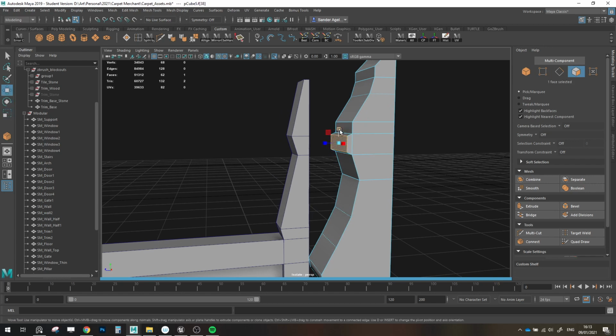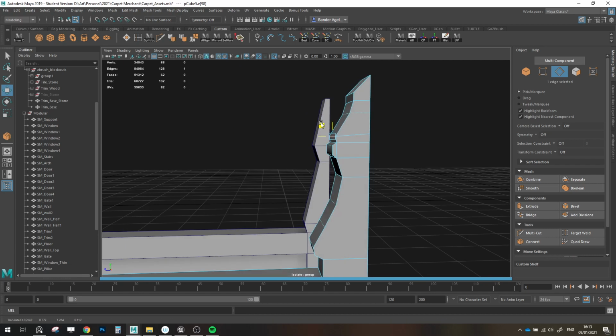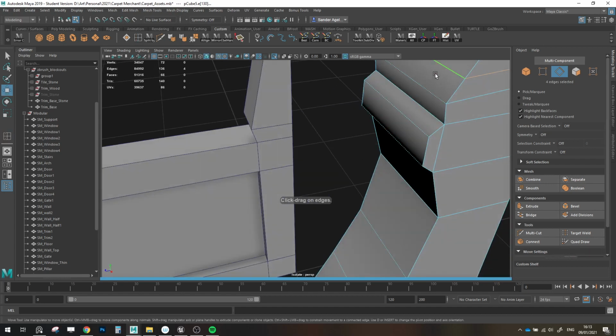This can be a bit thinner. Okay, I think I can afford one more loop here. And then